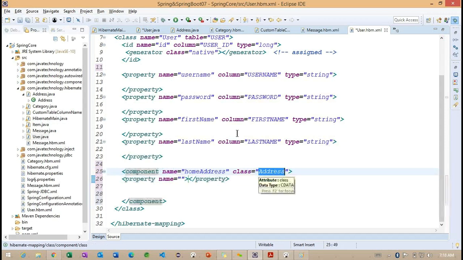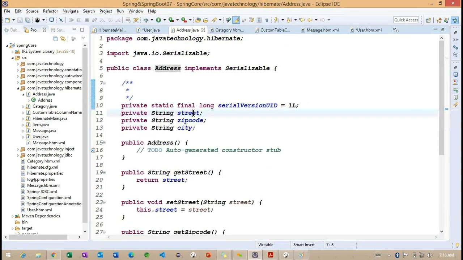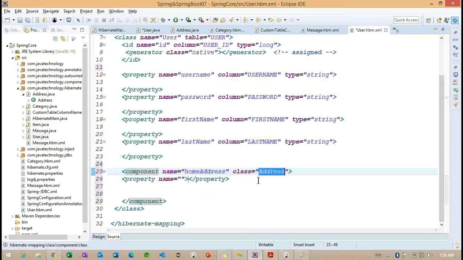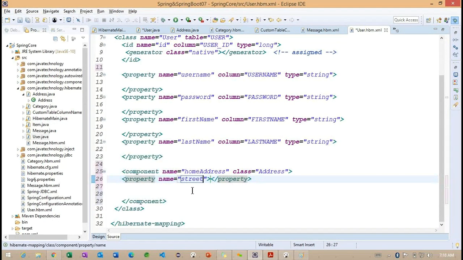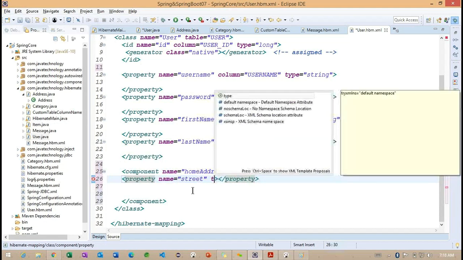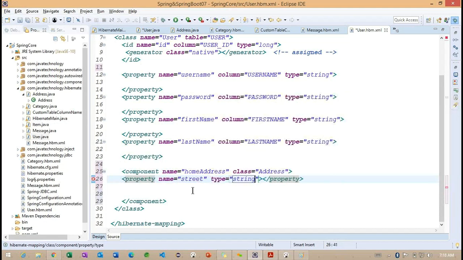What exactly are the properties we are having? Where do we need to check? Inside this address class. Inside this address class, what are the properties we are having? First one is called state. So go back to the user here. The name of the property is state, and we can work with type.